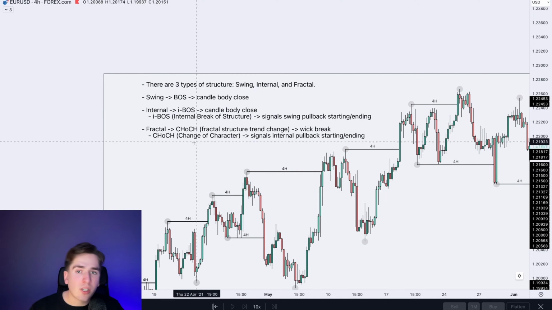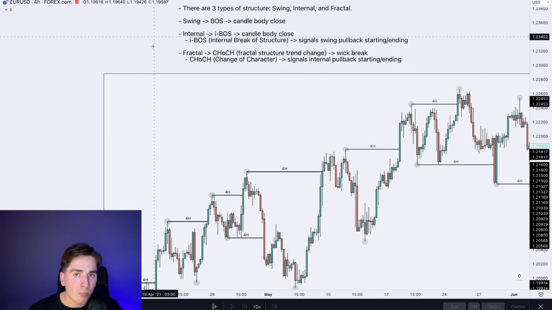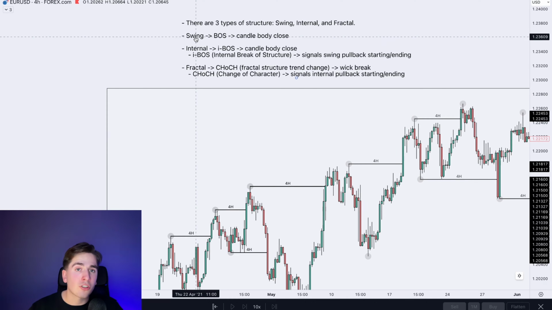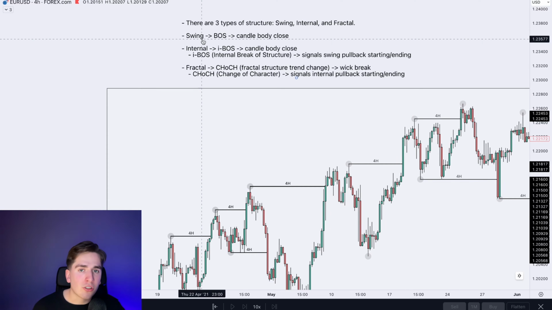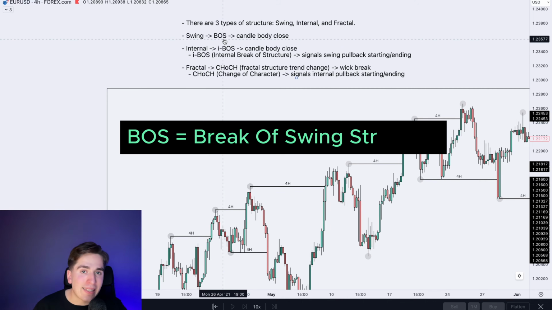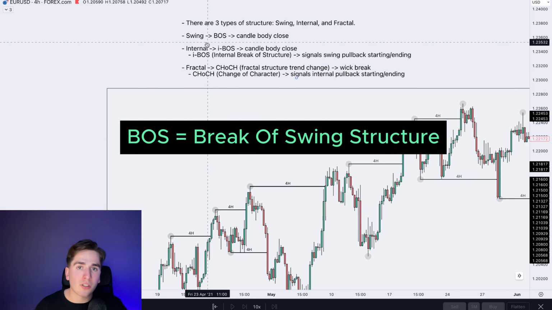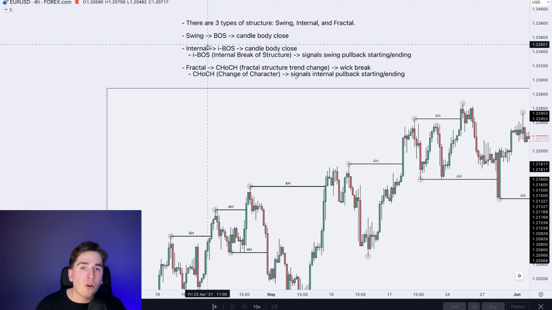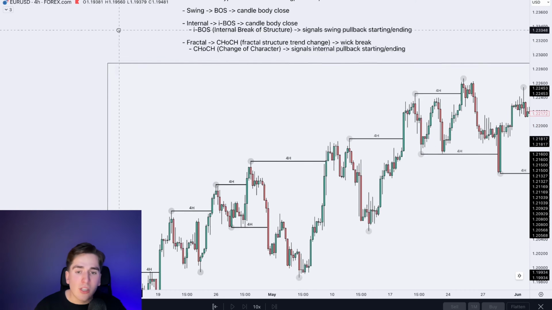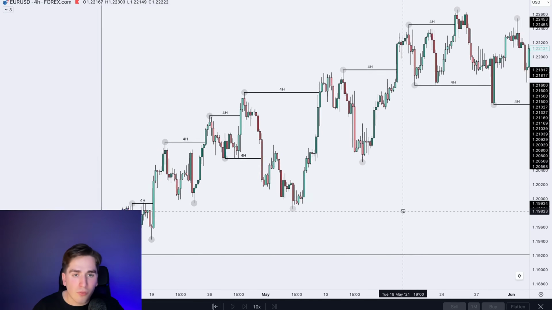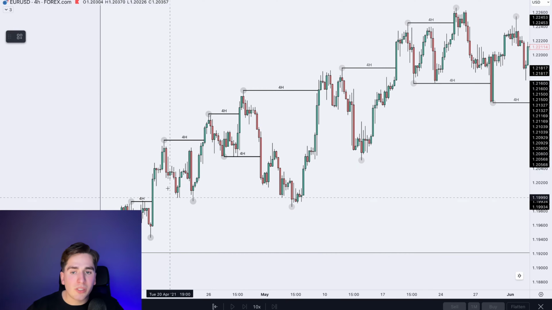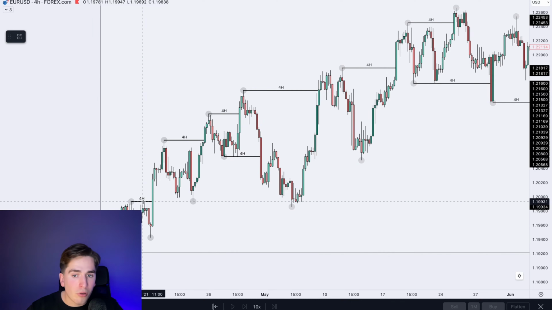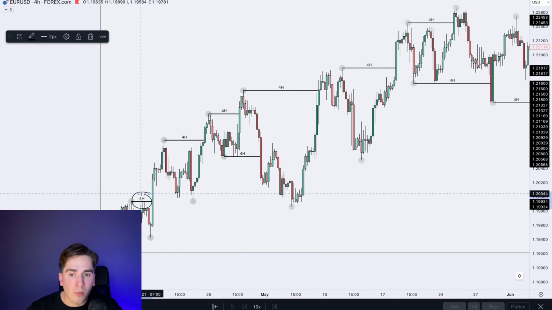We're going to start with discussing pretty much the most important form of market structure, which is swing structure. When we talk about swing structure, there's one word that's very important to remember, and that is a BOS, a break of swing structure. A break of swing structure, very important to know, focuses only and purely on candle closes. So we don't focus on the overall wicks of the market. Every single time we see a break of structure, those are the blue lines or the black lines with the 4-hour marked on them,